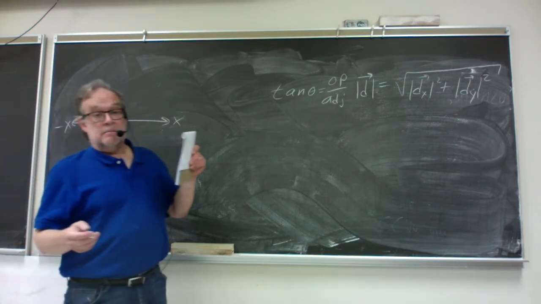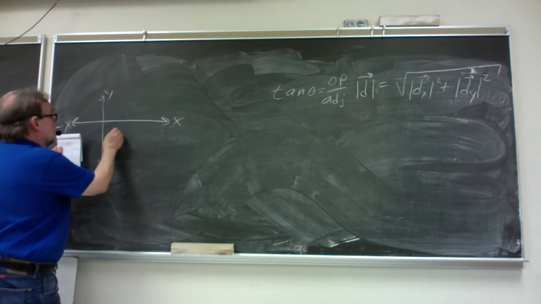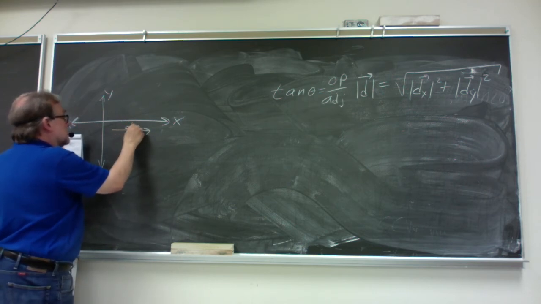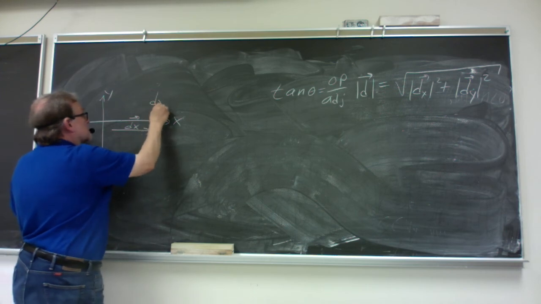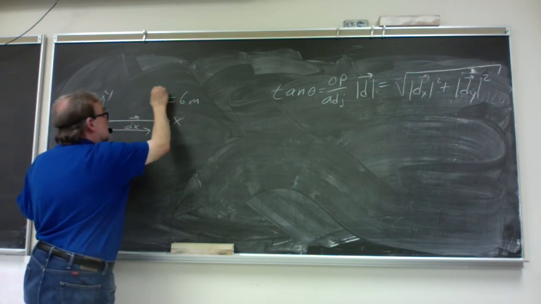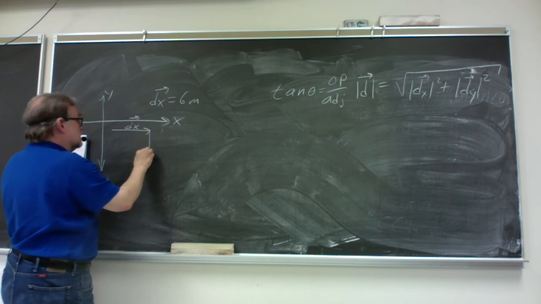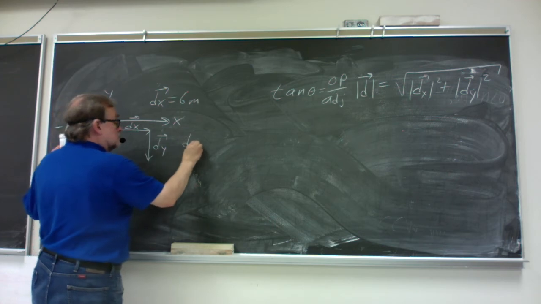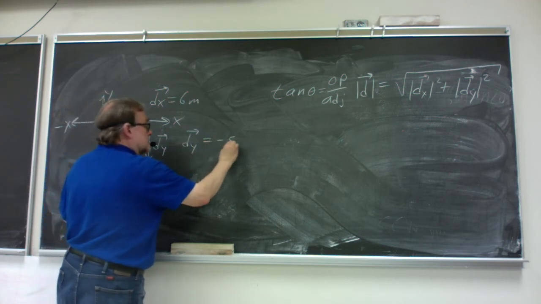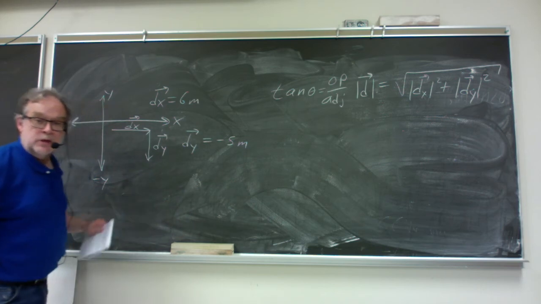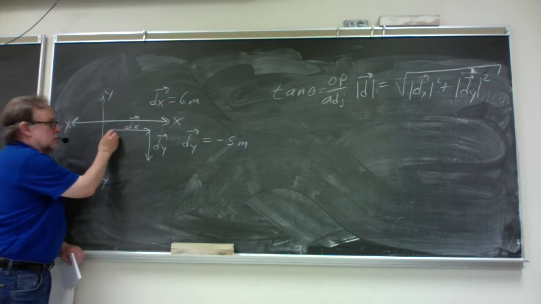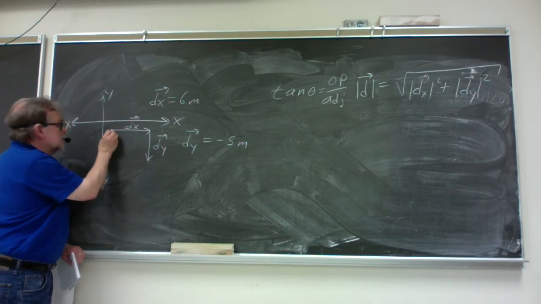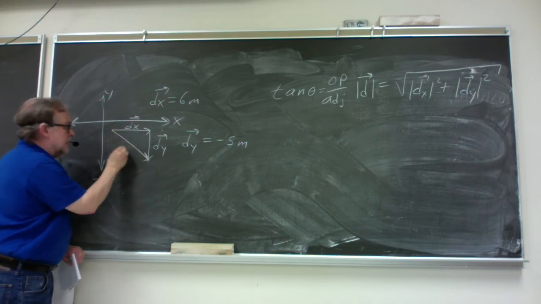And we'll say that this time our displacement is a displacement in the positive x direction of 6 meters, and then a displacement in the negative y direction. That displacement is in the negative y direction, and it's 5 meters. And then if you start here and then take this path, and this is your ending point, that's the same displacement as if you took that path